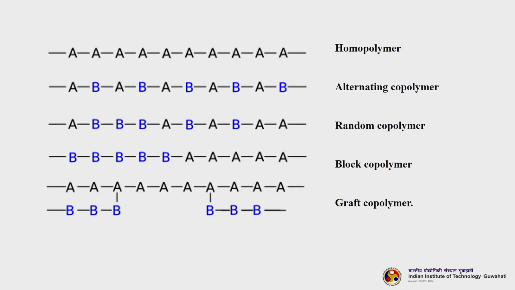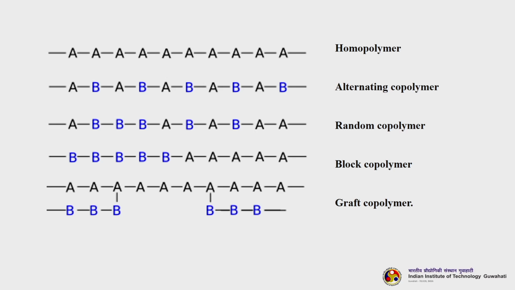Let us have a look at this image where you can see the different structures of polymers. In the homopolymer there is only a single monomer type. In the alternating copolymer, we have one type of monomer A followed by a different monomer B, then again A, again B, so it goes in a sequence. This one is a random copolymerization, so A and B are fused together randomly and there is no particular sequence followed.